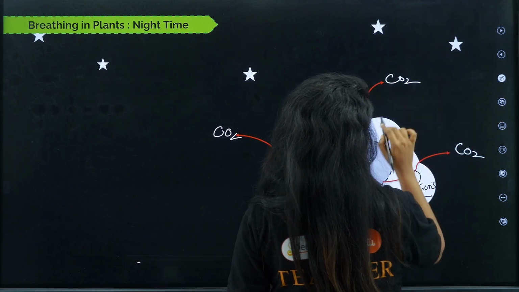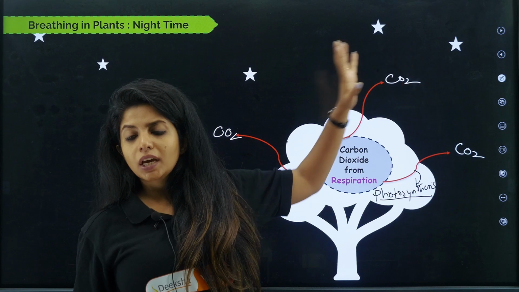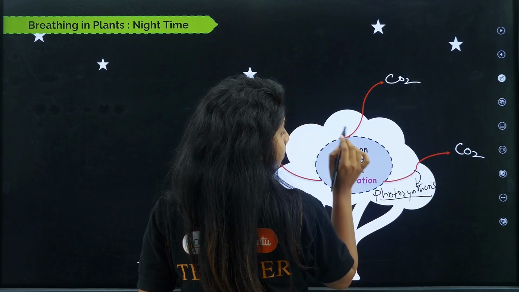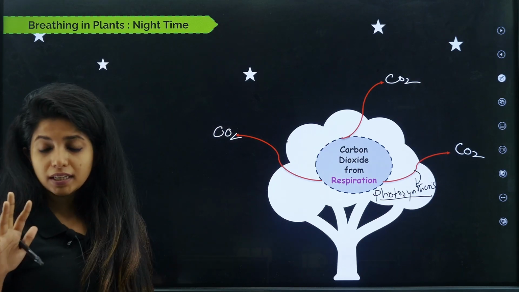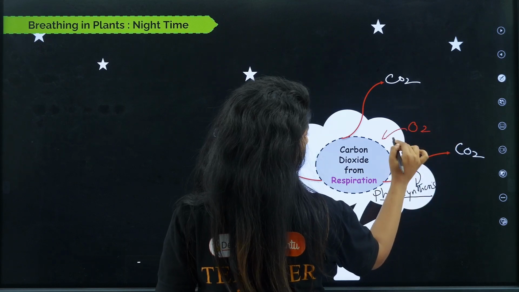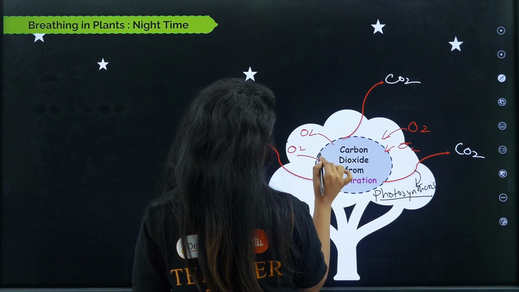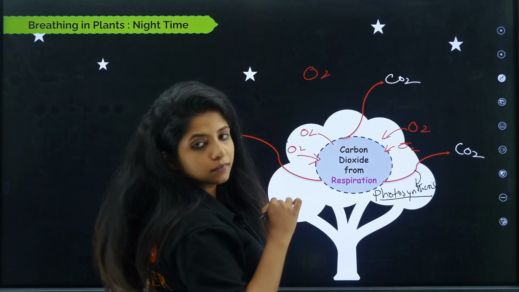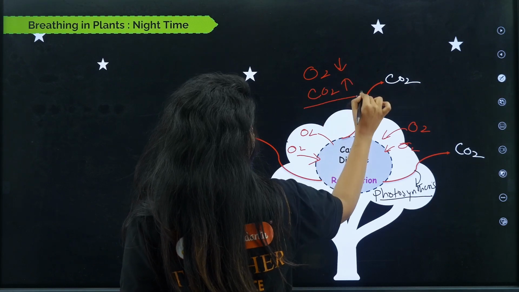What about the oxygen, my dear children? Initially in photosynthesis, oxygen was being released, which is why some amount of oxygen can go out also, because the plant is having enough to be utilized also. But over here at night, photosynthesis is not happening, the rate is quite less. So what will happen, children? All the oxygen which is there will be utilized over here. So in the atmosphere, the amount of oxygen will be less, whereas when we talk about CO2, it will be more.